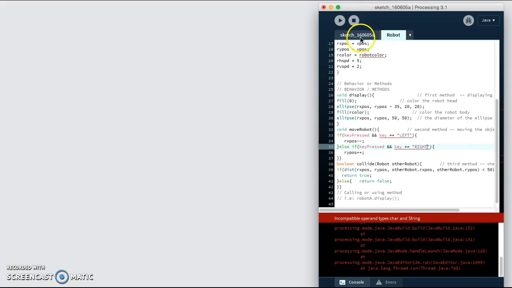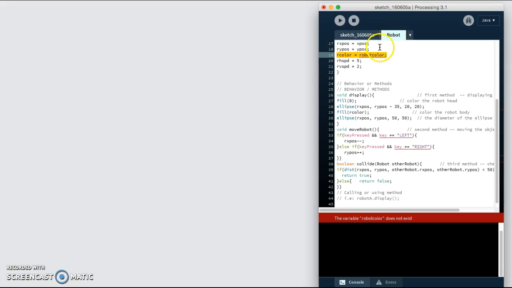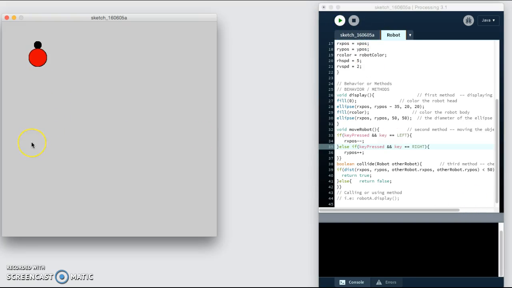Okay, now you have it. Robot color does not exist, so apparently the issue is that you cannot use the quote here. So when you run it, now you have a robot class. And what happened? Nothing happened when I press my keypad. The reason is that